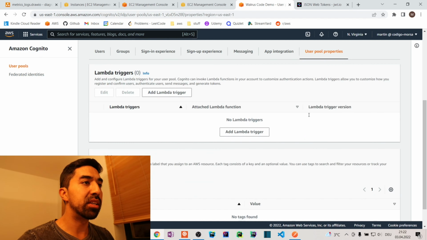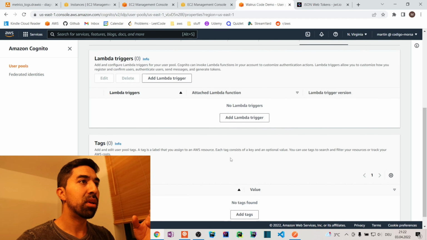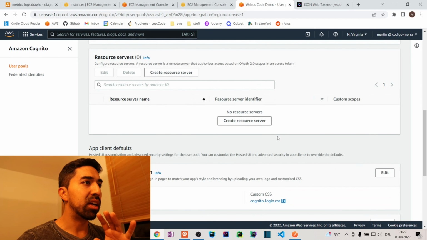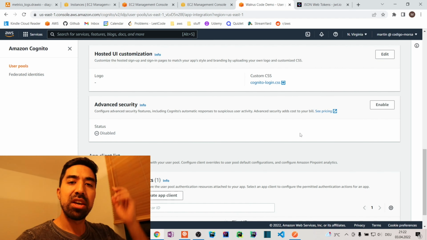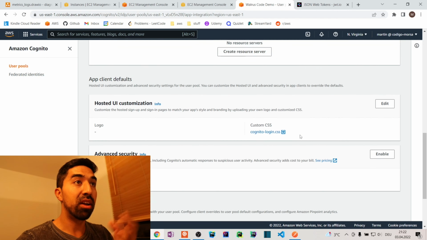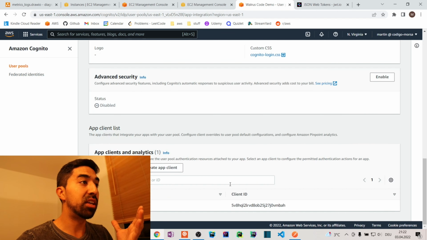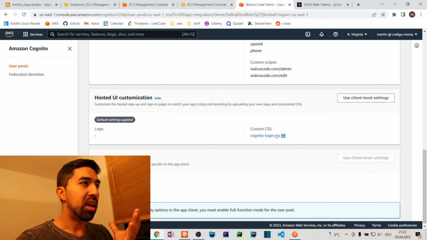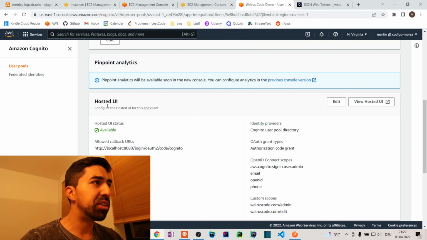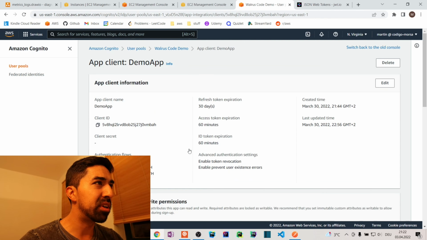There is this website which you can use, I'm going to show it right now. Here you have an out-of-the-box UI for signing in or creating accounts, really easy and available to use. The hosted UI is here, but I am not